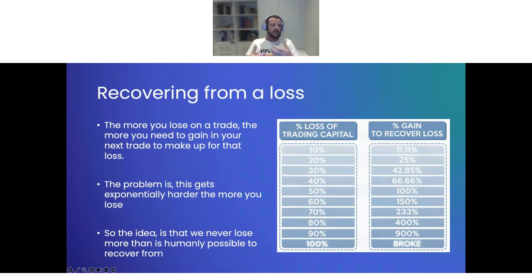So it's really important to understand why risk management becomes so critical: it's to mitigate the pressure you would put yourself under to recover from a really big loss that would happen if you're not employing any sort of risk management techniques. So one of the risk management tools that I've used, and used effectively once I learned how to apply these principles and trade specifically with risk management, is something called the 1% rule.